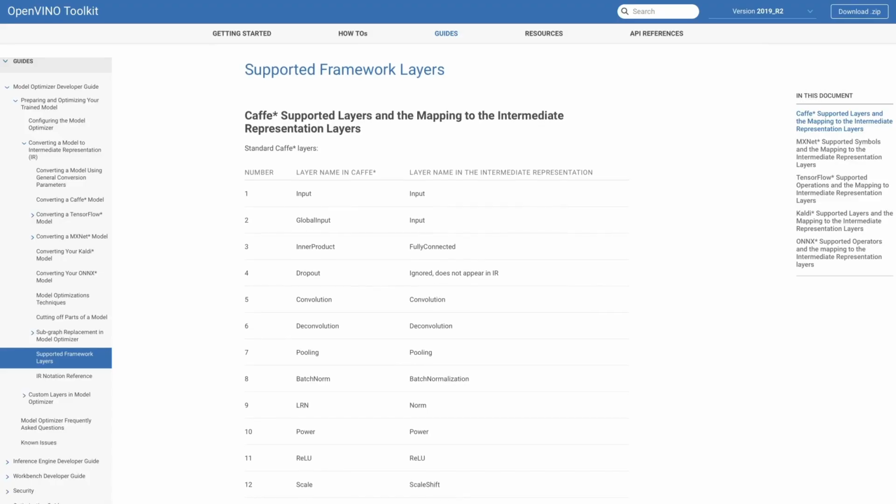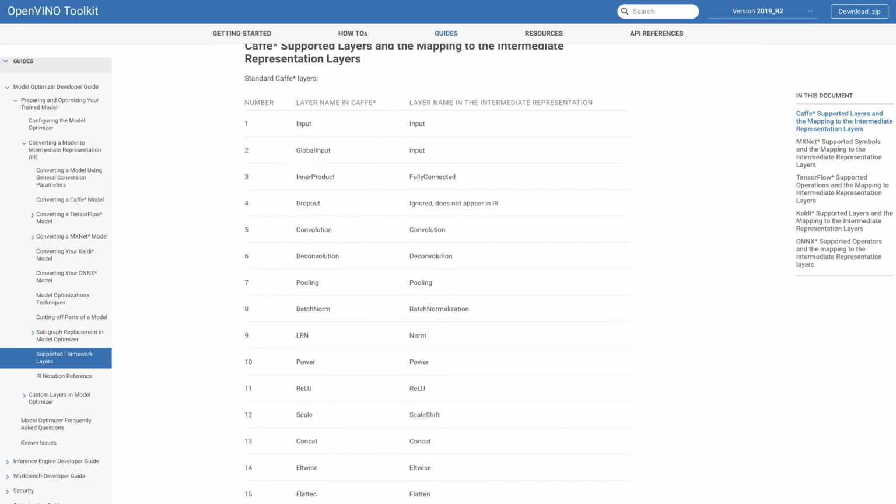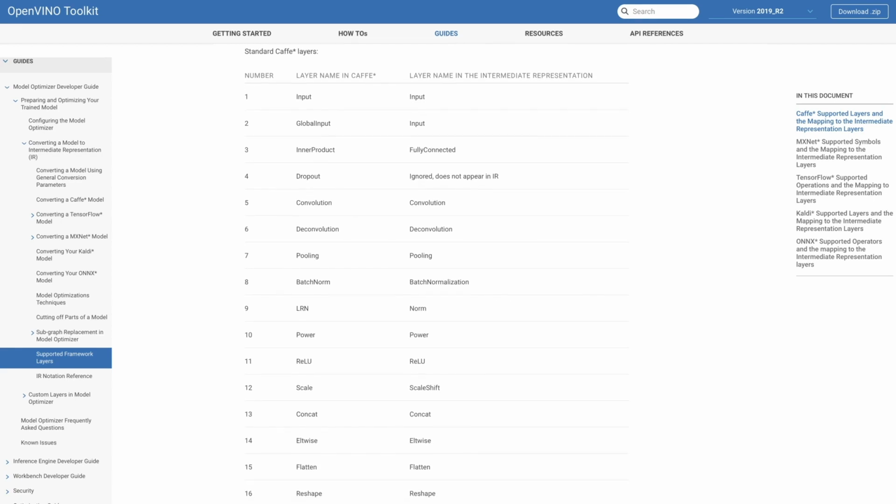During the model conversion, MO goes through the list of supported operations. If a certain function or operation is not supported, MO will spit out the error and declare the unsupported operation as the custom layer. That means you need to define the custom layer into the MO. To see the framework layers that are supported by the model optimizer, refer to the supported frameworks layers, which can be found in the links.